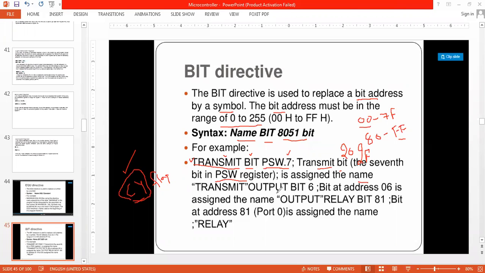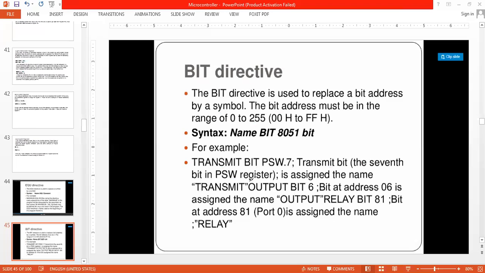Then one more example is here. This is a separate example: output.